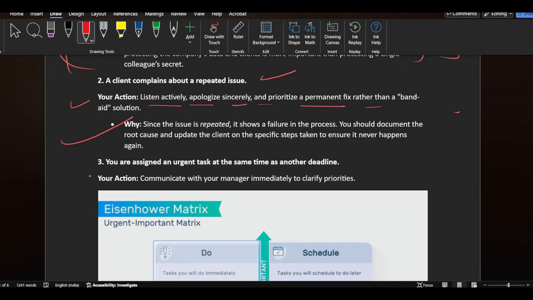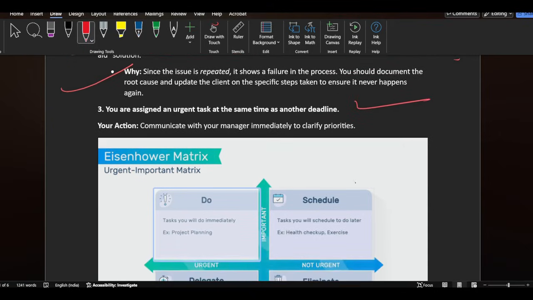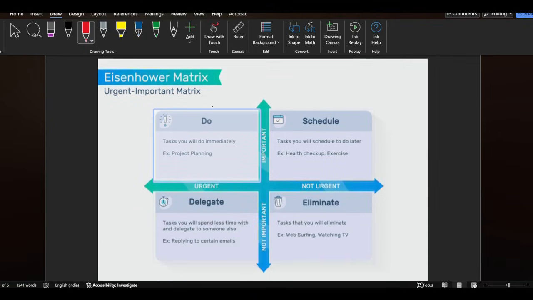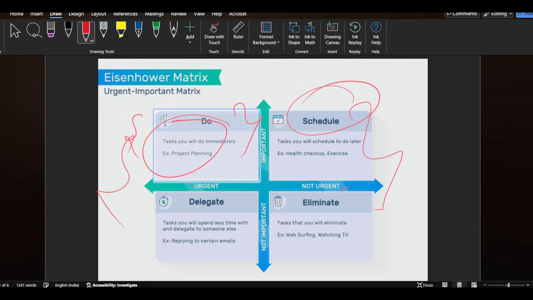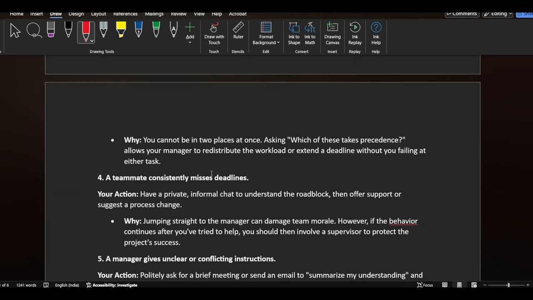Next question: you are assigned an urgent task at the same time as another deadline. Communicate with your manager immediately to clarify priorities. Task you do immediately, project planning, task, this is the schedule. So this kind of diagram you can also check. Okay, so this is the answer why: you cannot be in two places at once. Asking which of these tasks takes precedence allows you to manage it, redistribute the workload and extend the deadline